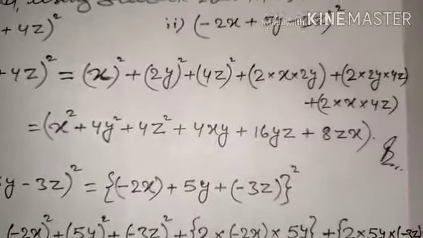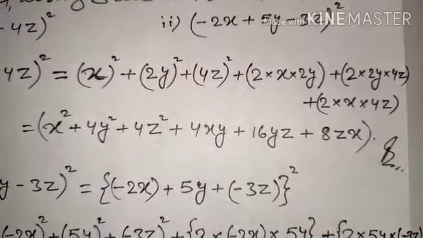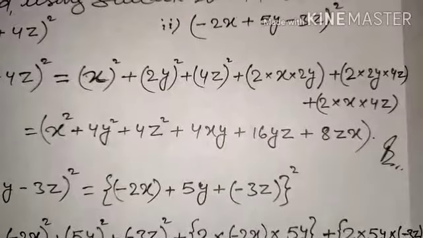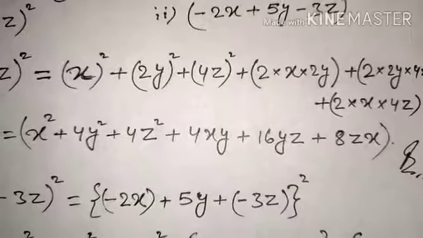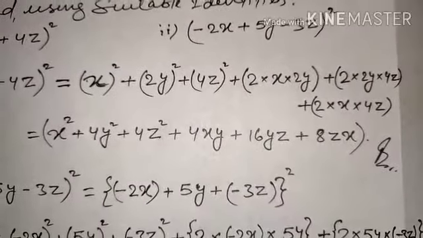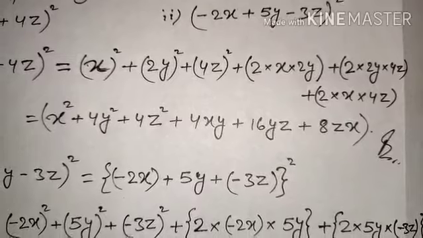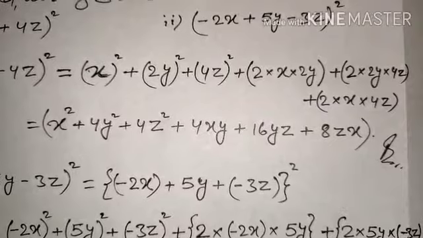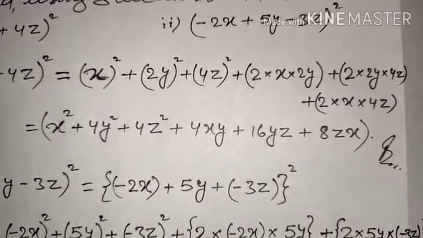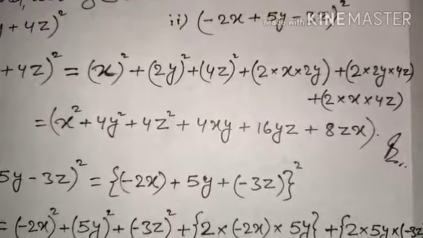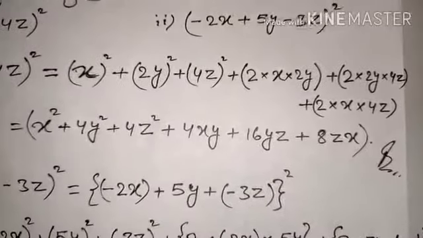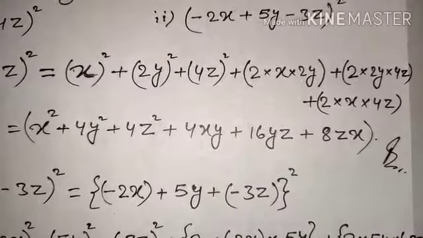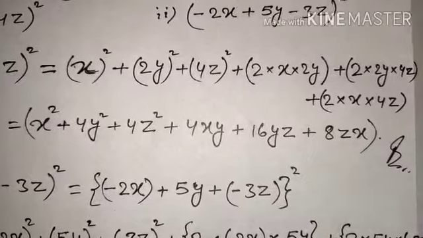You can see the first step I had done: since the question is in the form of x, y and z, I'm just putting a, b, c like that. We had expanded it in the form of a square plus b square plus c square plus 2ab plus 2bc plus 2ca, and the values of a, b and c we had substituted simply, and after that done the calculations. That's it, nothing more than that. I hope this must be very easy for you, but still I'm discussing each and every step which I had done to solve this question.